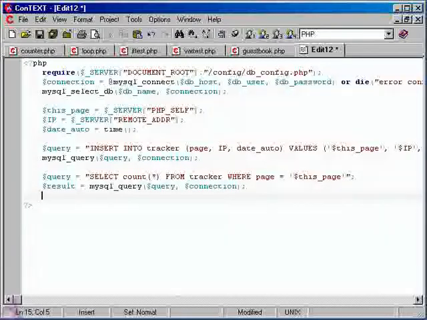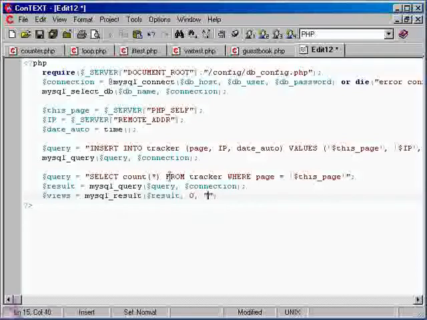And then, let's see, we need to actually store, so now we've got all the results of that. But we still need to run a MySQL result in order to grab the exact result we're looking for. So I'll go ahead and do $views equals MySQL result, $result, and in this case it's only going to return one row in a sense. So we can assume that that's going to be the only row 0,